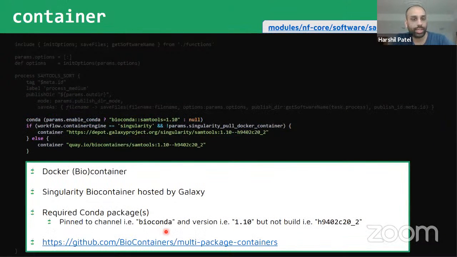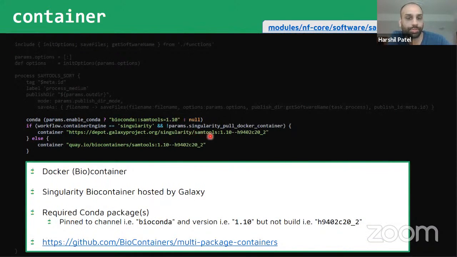Containers we're using from Biocontainers by default, this is why these modules are so self-contained. We're providing these definitions within the module files. We've just realized recently we can't use build IDs with Conda, so we can just use tool and version, and not, for example, this build ID. We can't have that here, because on different platforms you may have different build IDs, and so that won't work. That will break this module on different build IDs, and that's something Anders pointed out a